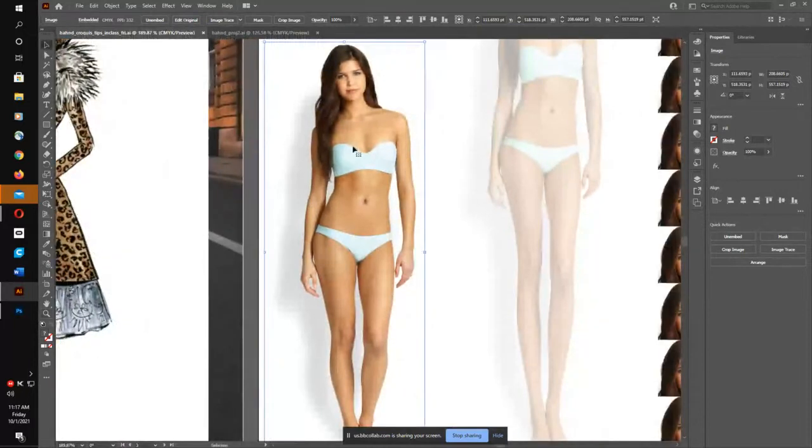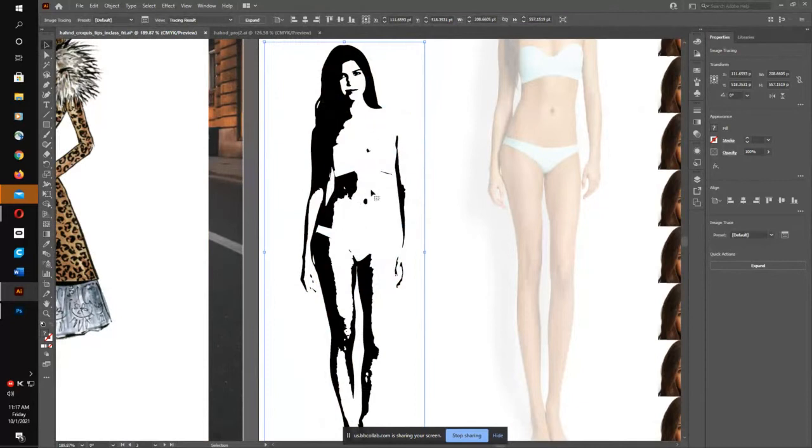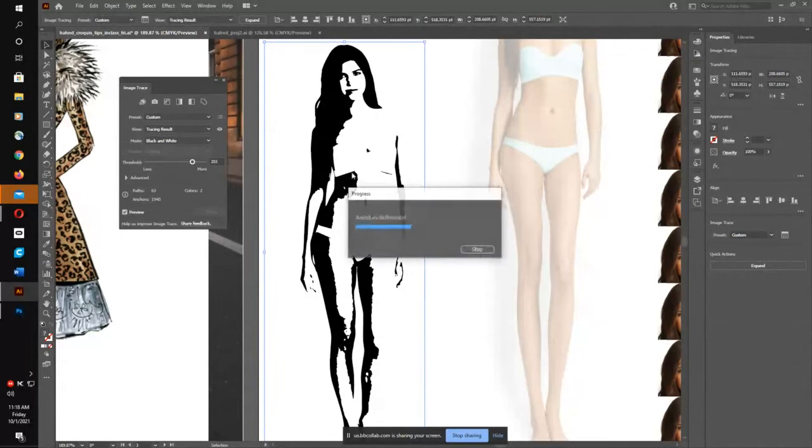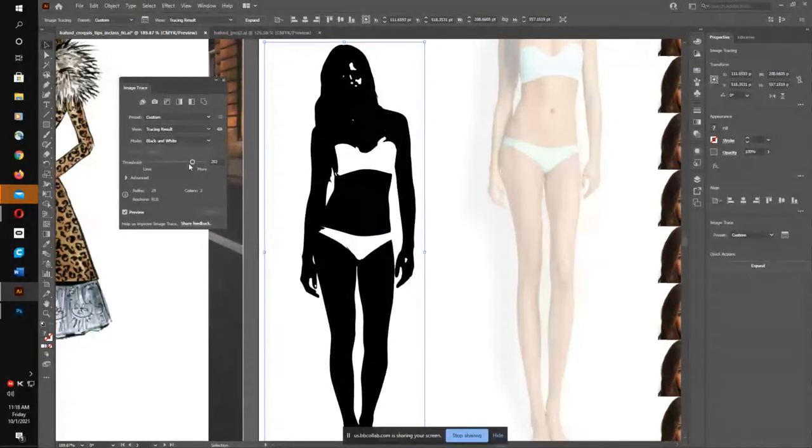For example, if I took this figure right here and I hit the image trace button, it's going to give me a black and white render. You see a lot of T-shirts or artwork where somebody, all they did was hit the image trace button once. And when you have your image trace panel here, you can of course mess with the threshold and get different kinds of